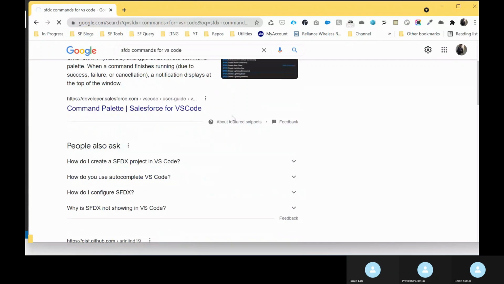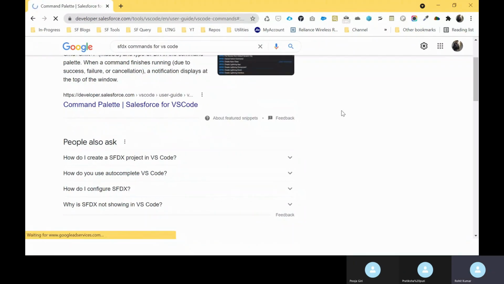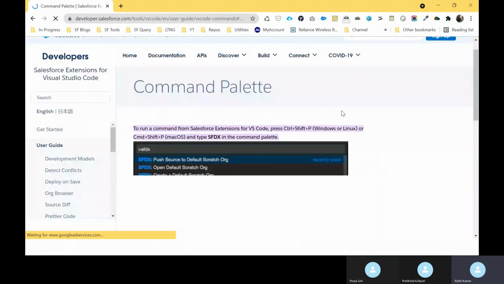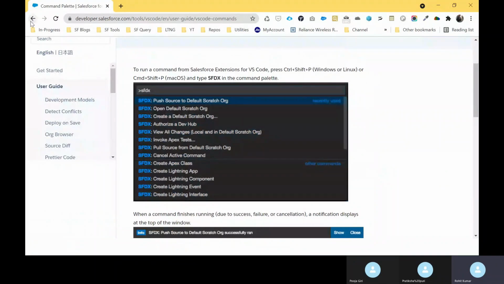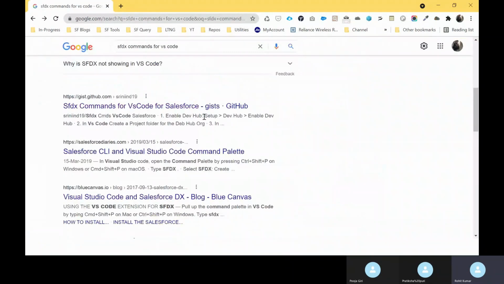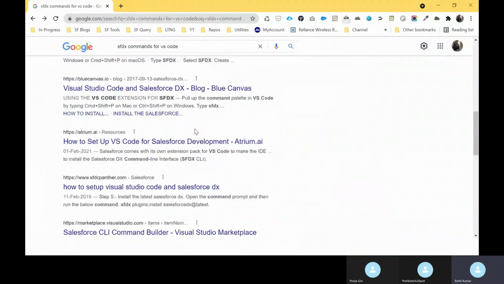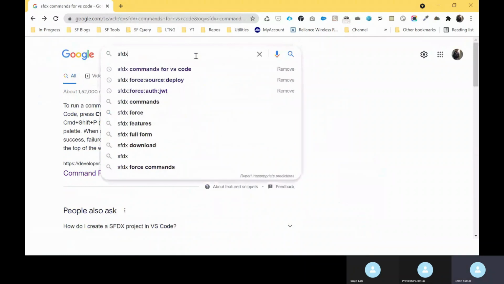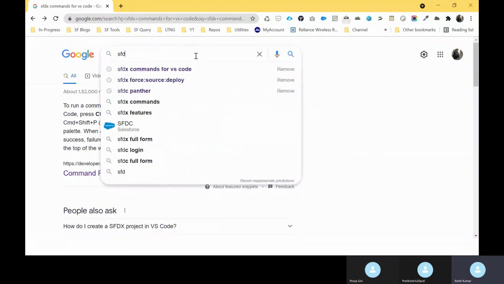So always go to this website and the references, because it's very necessary for us. Also this one is for VS Code, but let me check another one related to SFDX.